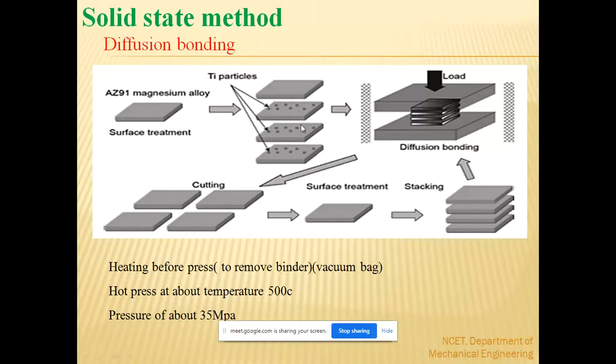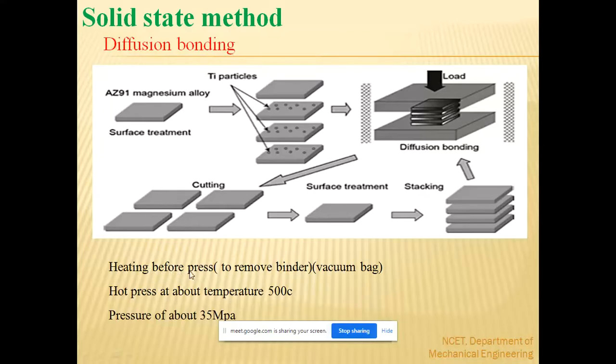We're going to give the heat treatment. You know what the function of heat treatment is? Heat treatment is to get the desirable mechanical properties. After that, we're going to place one on another in the form of stacking. Here this was the matrix material, these two are going to be the reinforcement, and the last one is again the same matrix material. Then we're going to put the stack into the machine. Before pressing, we're supposed to heat these complete stacks.